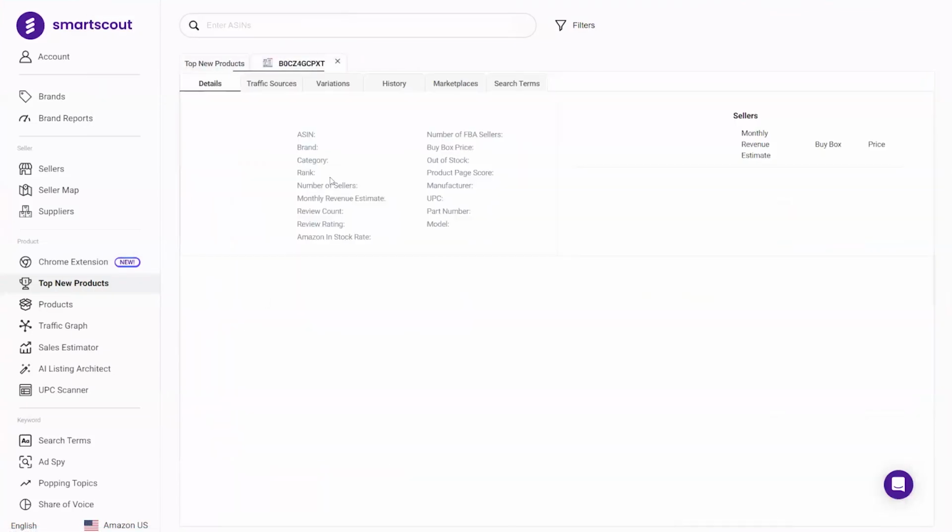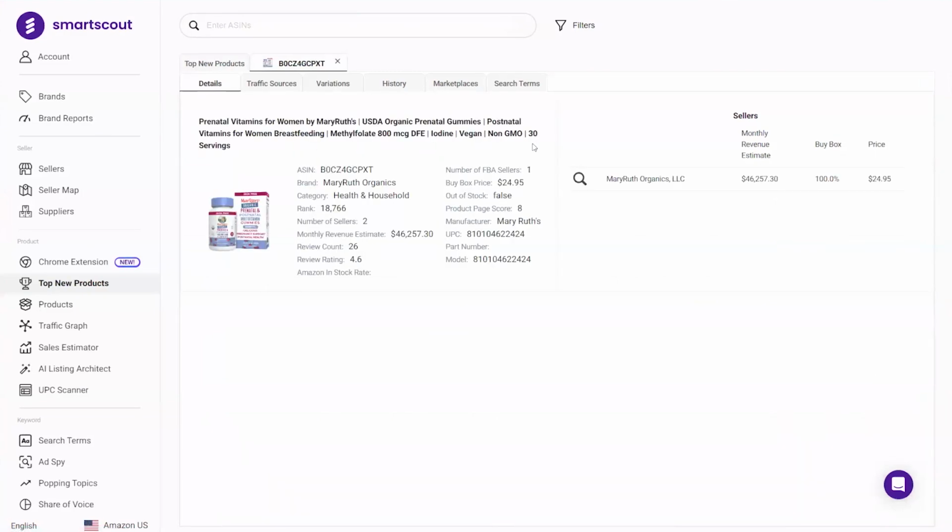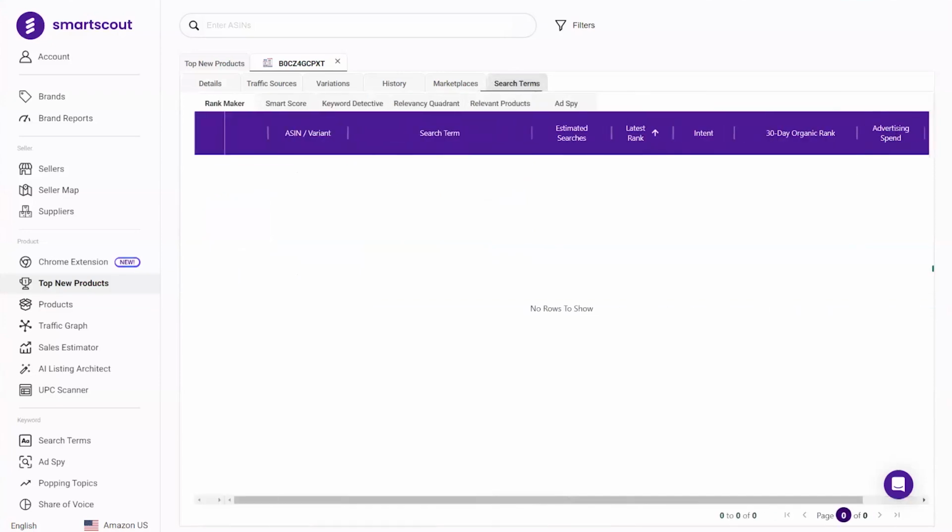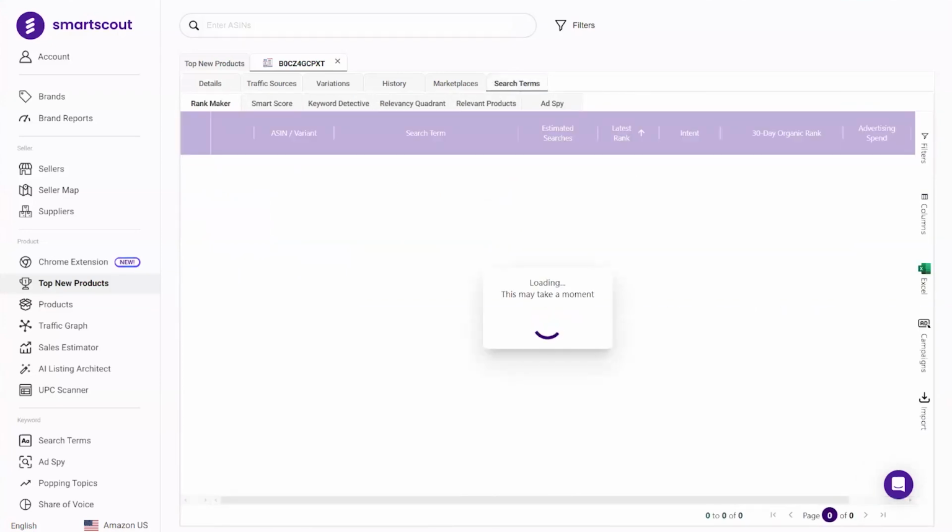So from here, we can go in again. We can look at the product details. So we will again look at the subcategory and do more research on the brand itself. But first, I don't want to forget to show you that you can look at what search terms this product is showing up for in the search term report right here.